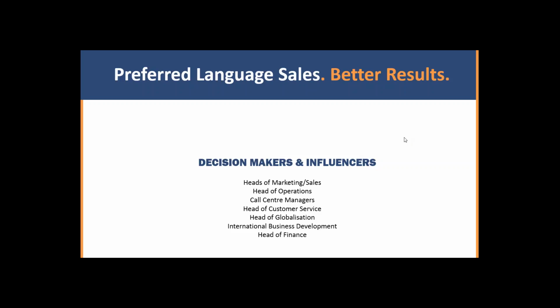core service offering of the language service provider in the case of fully automated usable translation would be around providing a professional service in continuing to manage the client's translation memories and glossaries and term bases and so forth, but also very importantly, providing a really professional service in building, customizing and deploying engines on behalf of the client. Because remember, there is a level of skill, knowledge and expertise required, which the LSP is really best placed to do in order to get the very best out of the client's translation memory assets, as well as the KantanMT engines, and as well as that,